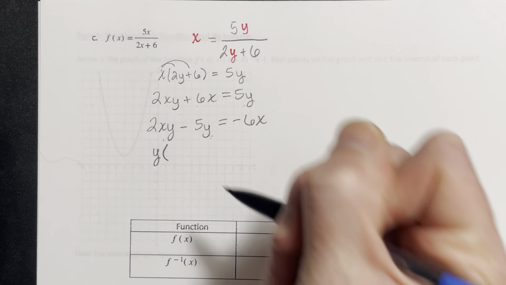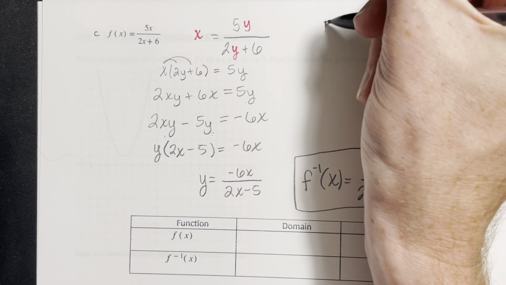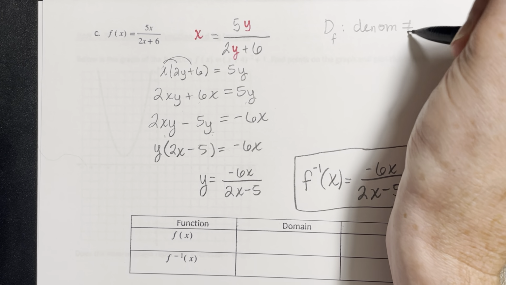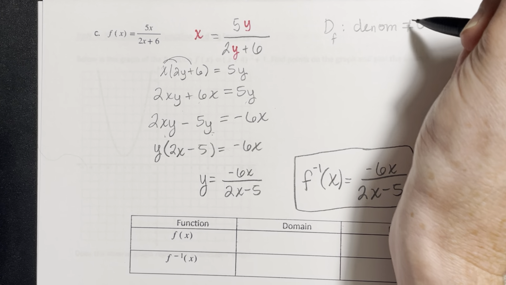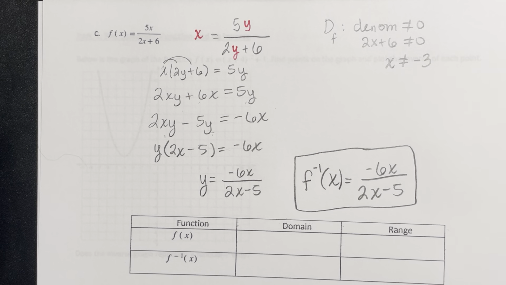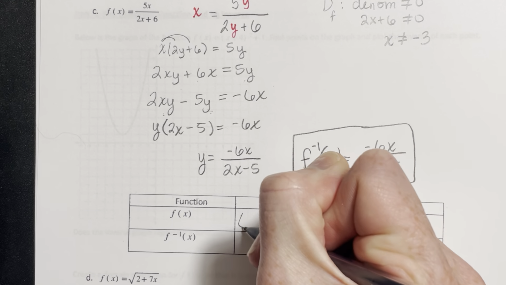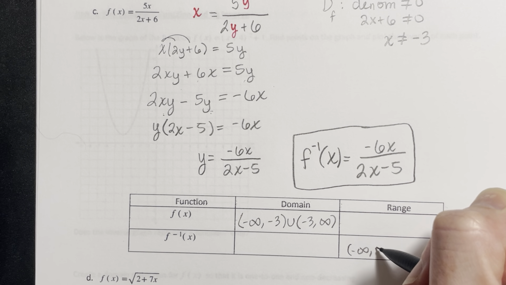Now, if we had started with our domain and range, we would look at our original function and find the domain of f. We know the denominator cannot equal 0, so 2x plus 6 cannot be 0, which when we solve for that, we get x cannot equal -3. The domain of f would be -infinity to -3, union -3 to +infinity. That domain of f would be the same range of the inverse,